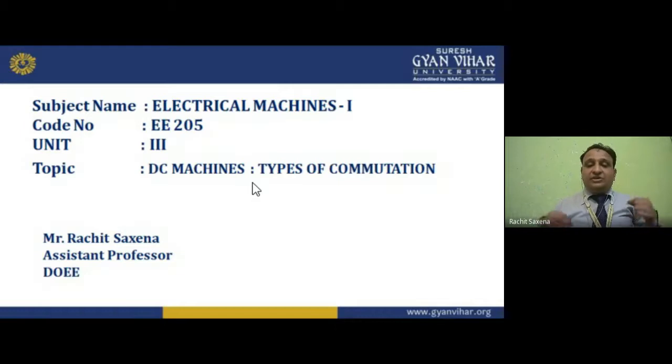One more thing we studied in the second unit is the electromagnetic force. Due to this force, displacement occurs, and if displacement and force are there, then we can say torque is achieved. So my dear students, we have studied these two things, and then Unit 3, which we studied earlier before this lecture.